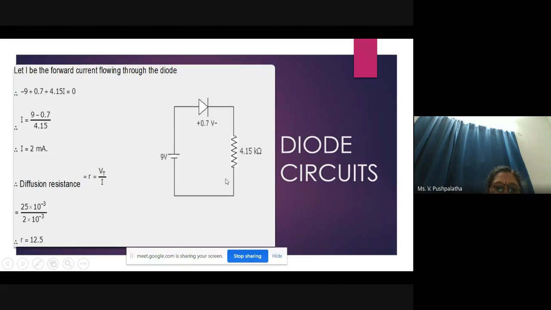So they have not given it. You take I. Now you have to see what kind of resistance they have asked. In case they ask for a dynamic resistance, you have to write the change in voltage over change in current, right? That is your dynamic resistance. In the diffusion resistance, it is Vt by I. Understand? You have to put Vt by I. In case of dynamic resistance, you have to put change in voltage over change in current.